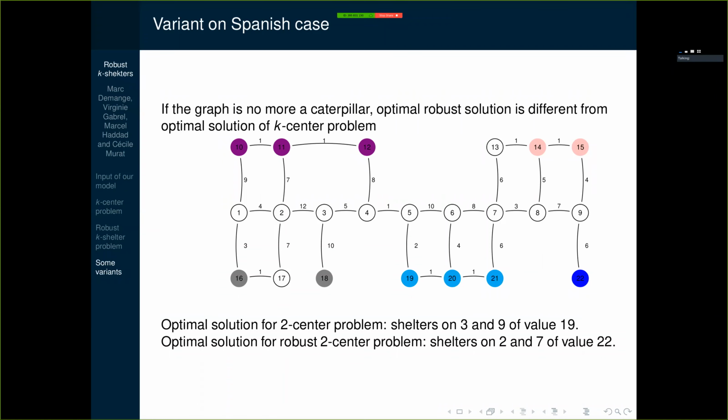So we would like to know if you think we have to distinguish vertices for shelter and fire, and if we have to evacuate all people or only people in the fire zone, to know what is the best problem to study for you. We don't know. Yeah, not sure by now either, but we can discuss it.